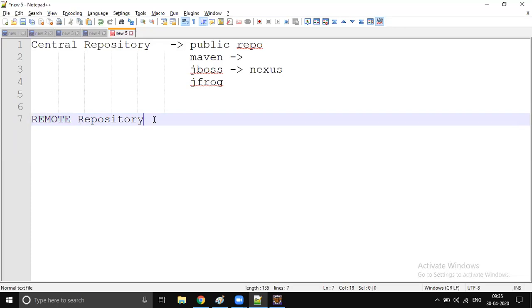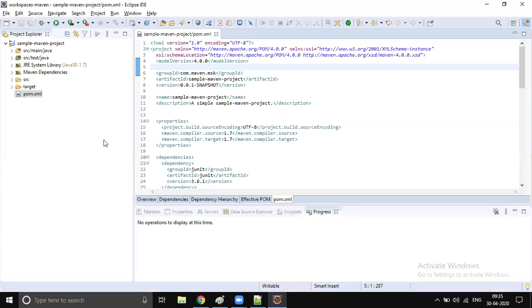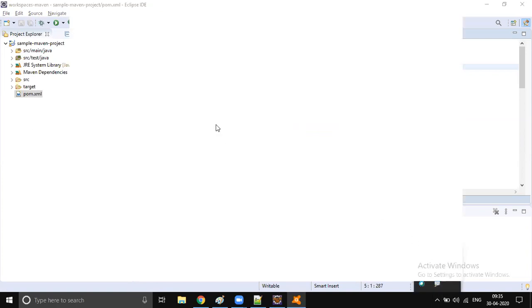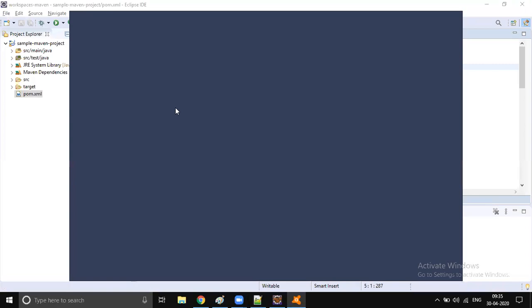So whenever you are working on any project, for example, for demo purposes, first I have to block my security, otherwise my security won't allow me to download the libraries.